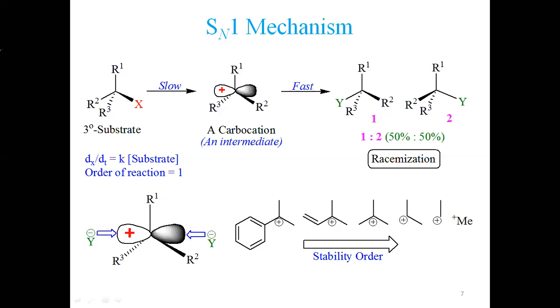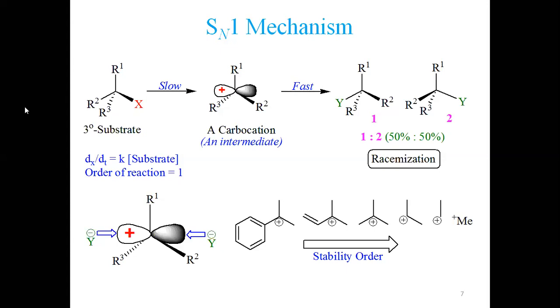This bond cleaves and results in the formation of a positive charge on this carbon. It is already bonded with three carbons. If you remember, this is a tertiary carbocation. This is a carbocation, but what type of carbocation? This is a tertiary carbocation, and the tertiary carbocations you have come across are very stable. So this system is very stable, and it generates something which is relatively stable.